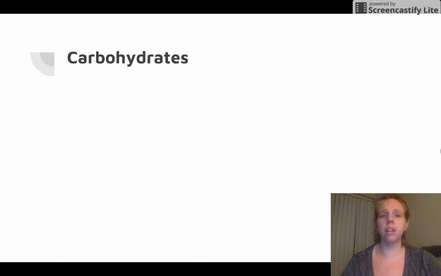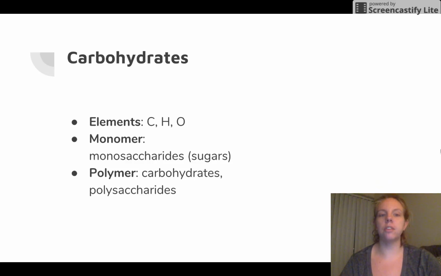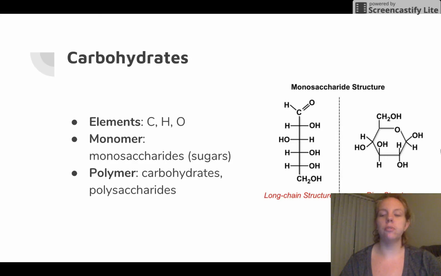The first biomolecule is carbohydrates. Carbohydrates are a CHO. It means it has the elements carbon, hydrogen, and oxygen. They are built from monosaccharides. Sometimes they're just called sugars. And you might see the word polysaccharide, which just means carbohydrates. We have a couple of different ways they can be shown, but the one thing that stands out about all carbohydrates